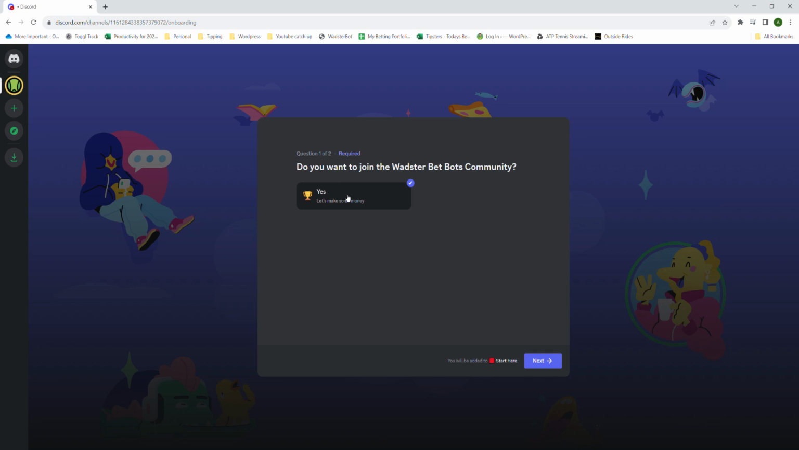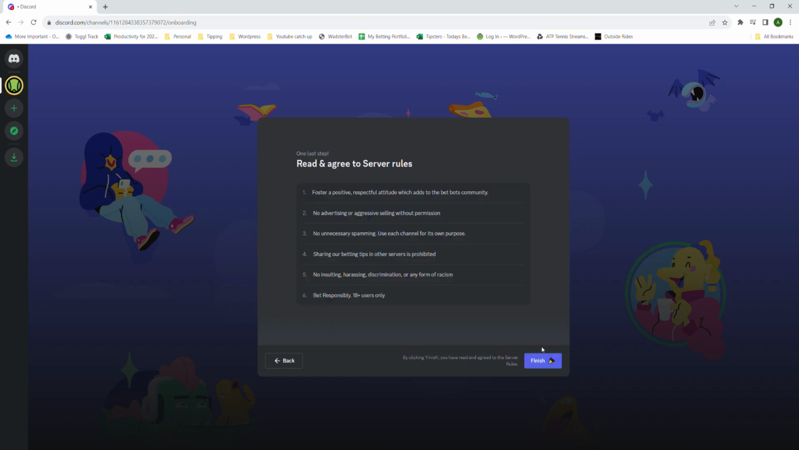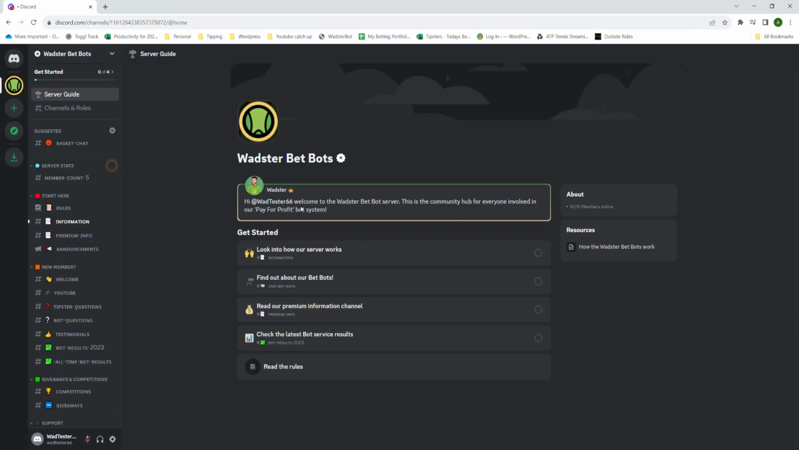So the onboarding is how you set up your server to get started. So we'll say yes, we do want to join the community. Yes, I would like some information about getting started on the bet bots, and these are the rules. So you just read through the rules, make sure it's all pretty much common sense. Read the rules, finish, and then you have information about how things work, and you have 4 different steps to take,